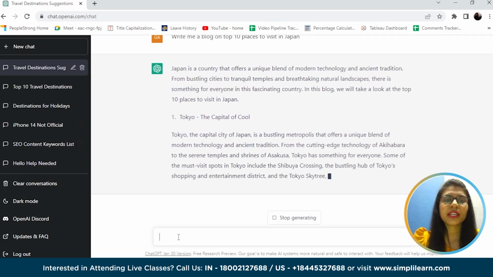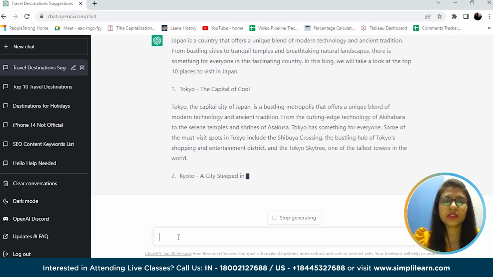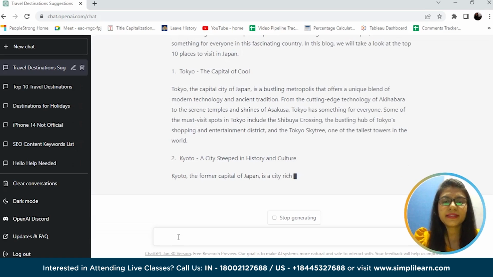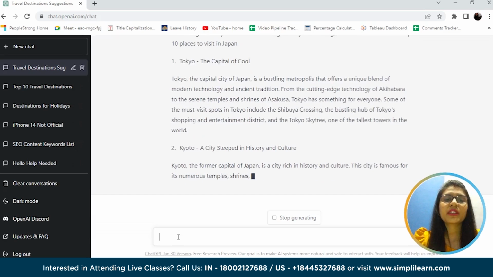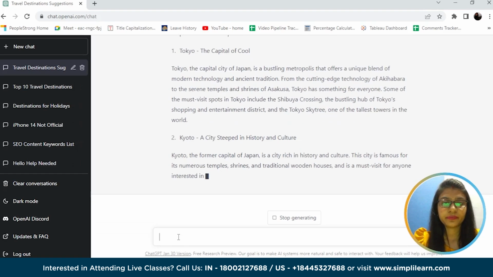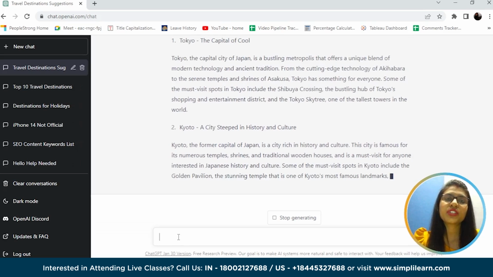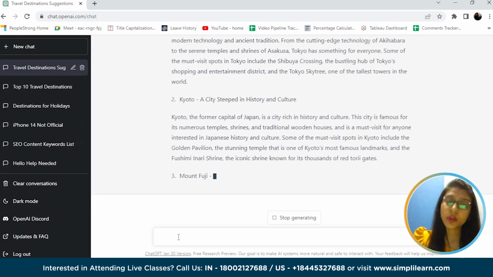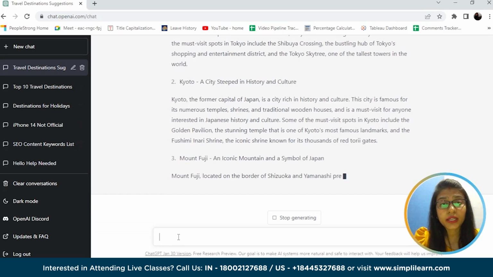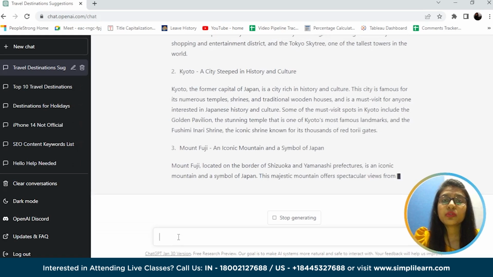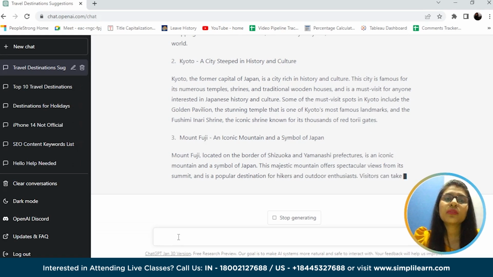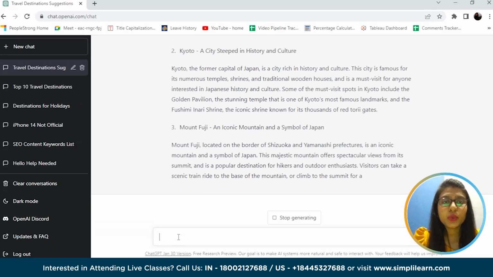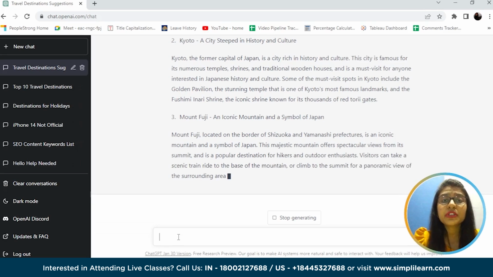So here you can see we are getting a blog with the introduction with top 10 places, and probably what I expect is to get a good conclusion out of it. Also, ChatGPT provides you the facility so that you can reduce the length of your content, the textual content, the blog or article or anything you want, to a number of words. Like if this blog has 5000 words, you can just ask ChatGPT to reduce it to 2000 or 1000 words also.